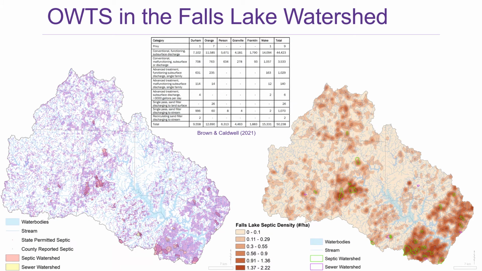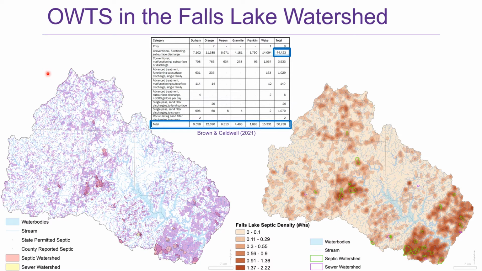So if we think about the amount of septic systems in the Falls Lake watershed, there are about 50,000 septic systems based on estimates by Brown and Caldwell, and most of those 50,000 occur as conventional functioning subsurface discharge systems, about 44,400 of those. If we look at this map on the left, this is a map of the Falls Lake